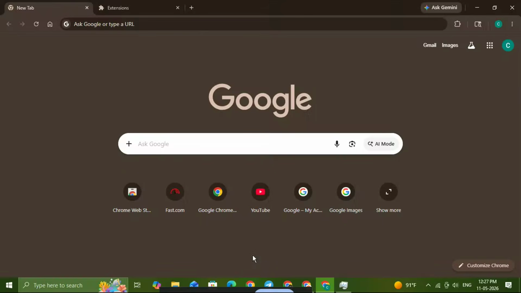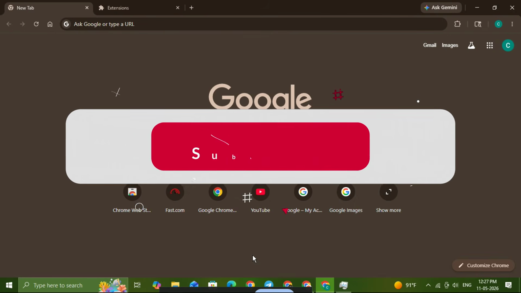If Google Chrome is showing a status access violation error, don't worry, because in this video I'm going to walk you through the fastest fixes step by step. This issue can happen for a few different reasons, including a buggy Chrome update, a bad extension, corrupted cache, or even graphics settings causing the browser to crash. The good news is that you can usually fix it in just a few minutes without needing any advanced technical